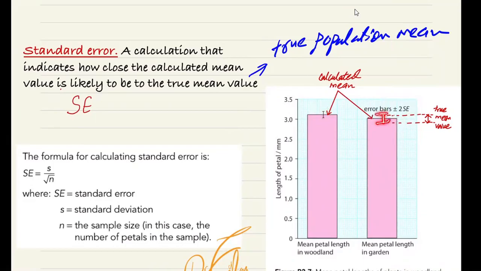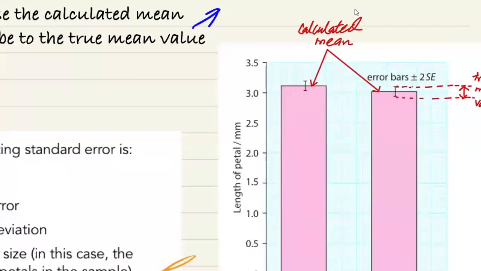So this error bar shows you the true mean value of the population lies here. And although this is the calculated mean, the value that I got here, the error bar shows me the true mean range, and I'm 95% confident that the range lies here. Now, then what we can do next, if the error bars are drawn,